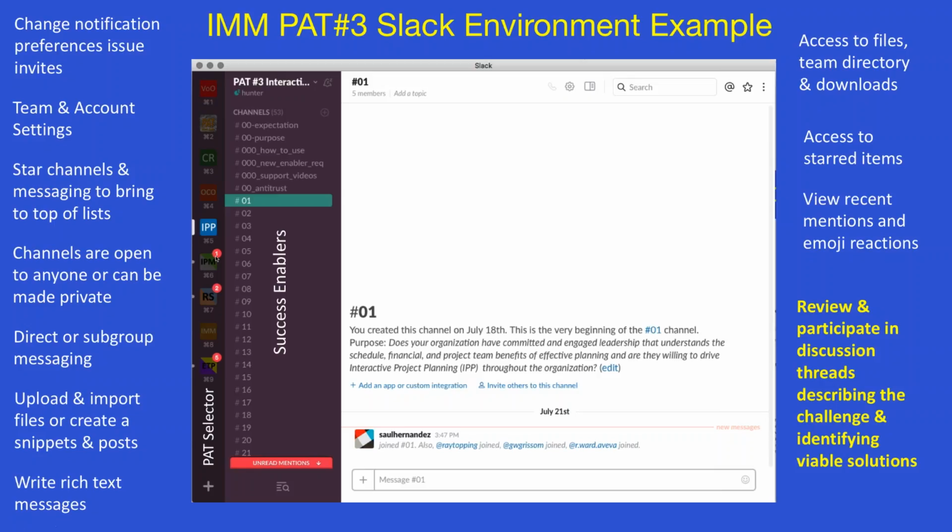And instead of reviewing things over and over again and looking for something that you hadn't seen before, it actually tells you when something new's been added. And so you can actually have a build up. What's also nice about this environment is that if you bring someone new on board, like for example, material management, and they're totally unaware of what we're talking about, they can go and click on the success enablers and read through the discussion threads and essentially come up to speed. So you don't have to invest time hoping the person captures and understands what you're saying. There's a way for them to follow the chain of thought and come up to speed, where you aren't hoping that they understand everything you say if you're trying to jumpstart them.